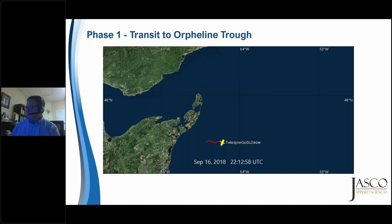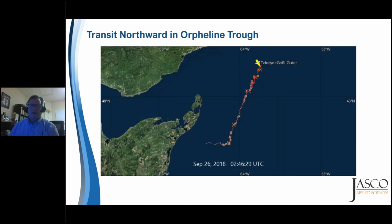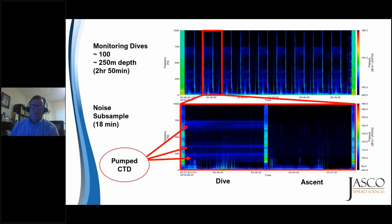And the way the trial went, we deployed off Chaleur. The glider flew out to the Orpheline Trough, and so it was a very shallow area. So there's these repeated 50-meter yo-yos as the glider made its transition out to the Orpheline Trough. Then we transited north in the trough, and then transited south in the trough, and we repeated that for the next 6 weeks. And the dives in the trough were of course deeper, 250 meters,